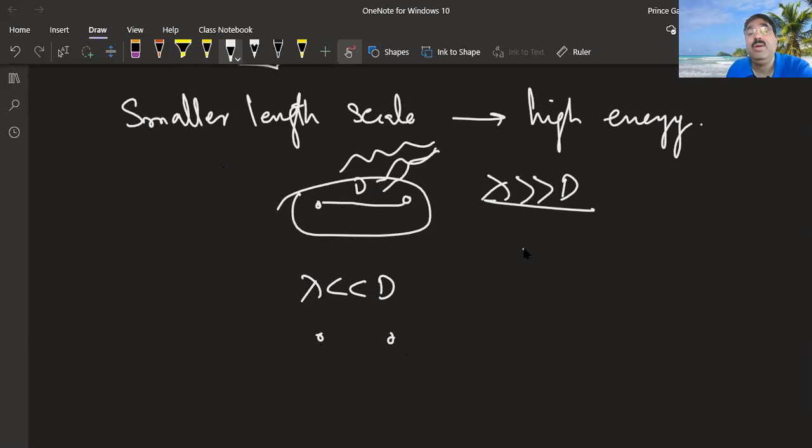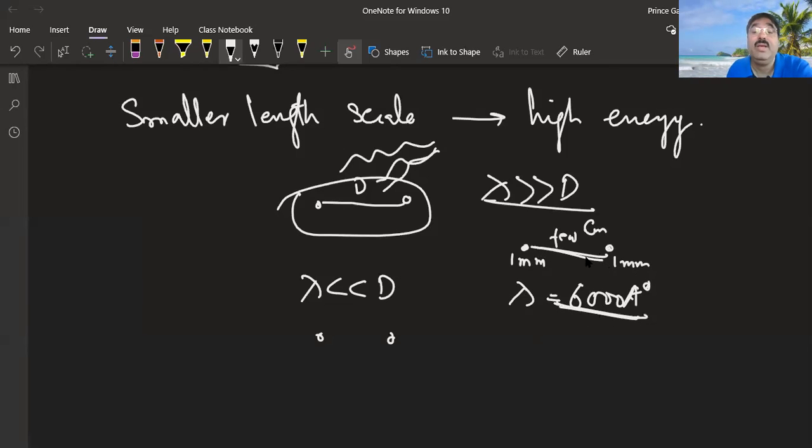For example, you have two balls. Okay, they're separated by a distance of say a few centimeters, and this is say 1 millimeter in radius. This is also 1 millimeter in radius. Now, with the naked eye, we can see them distinctly. The reason is that the wavelength that I am using is say 6,000 angstroms, say mean wavelength. But that is much smaller than a few centimeters. So the light, when projected on them, will be given back, and we can easily see that there are